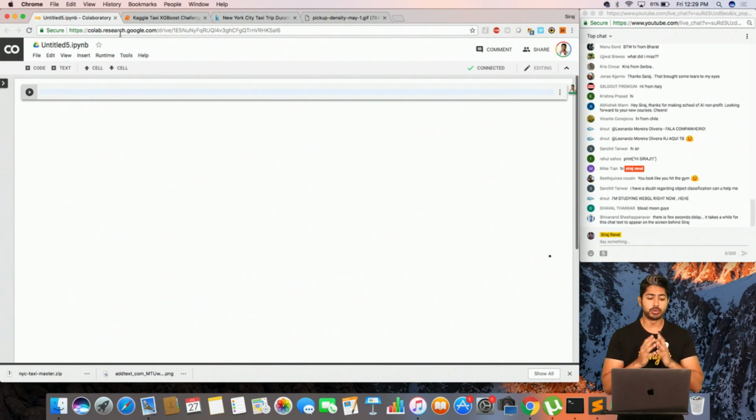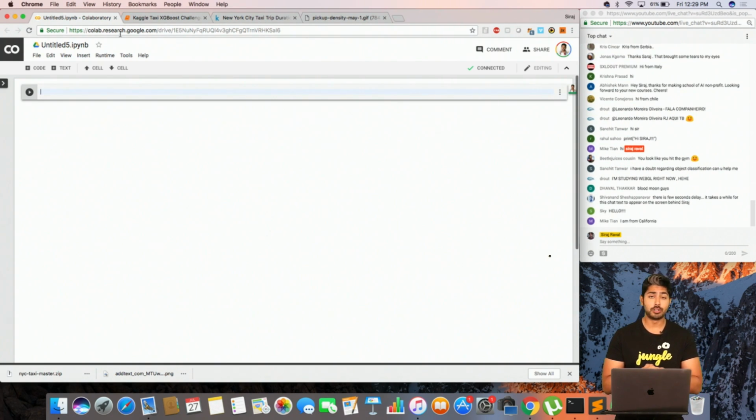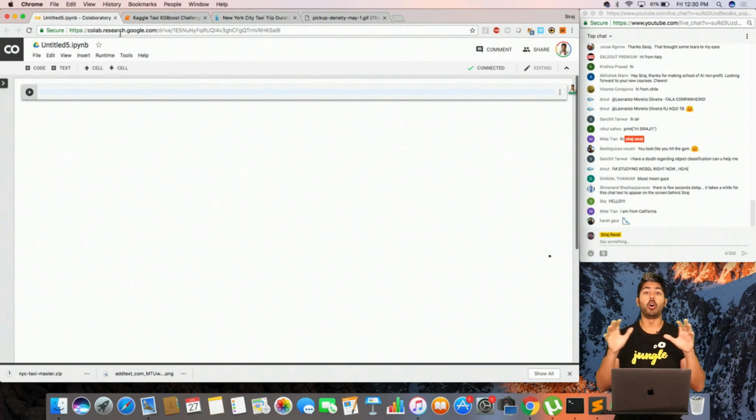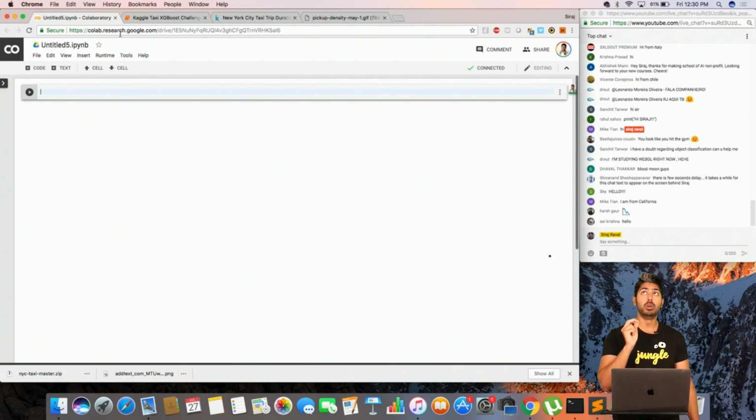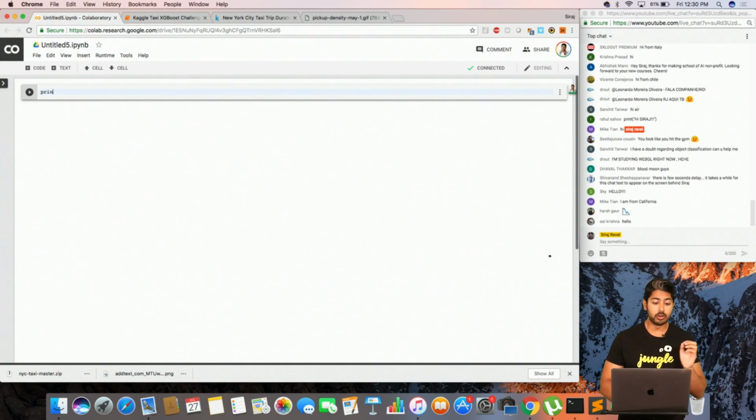This is an internal tool that Google has been using for a while, and they open sourced it. What it allows you to do is build Jupyter notebooks in the cloud. This is a fully configured Python environment. You can install any dependencies you need, and you get 12 hours of GPU training time on an NVIDIA K80 GPU for free. No strings attached. For free. That is amazing. Okay, so let me show you what I mean. So you just go here. Let me do it again.